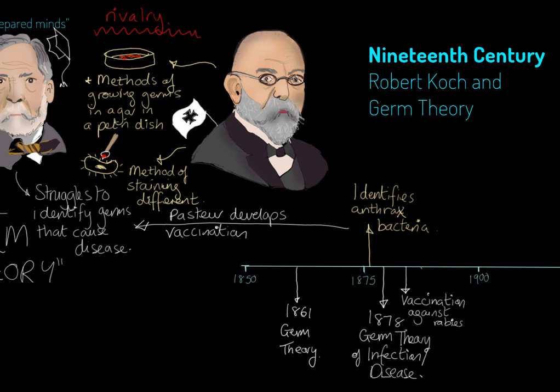Koch then goes on to identify the TB bacterium, the bacteria that causes tuberculosis. So 1882, and this is considered really difficult because it's such a small germ. And by this time, other scientists are getting really interested, and there's kind of a rush to identify the different germs that are causing different diseases and to come up with solutions to solve those diseases based on this knowledge. So, for example, in 1883, they identify the diphtheria